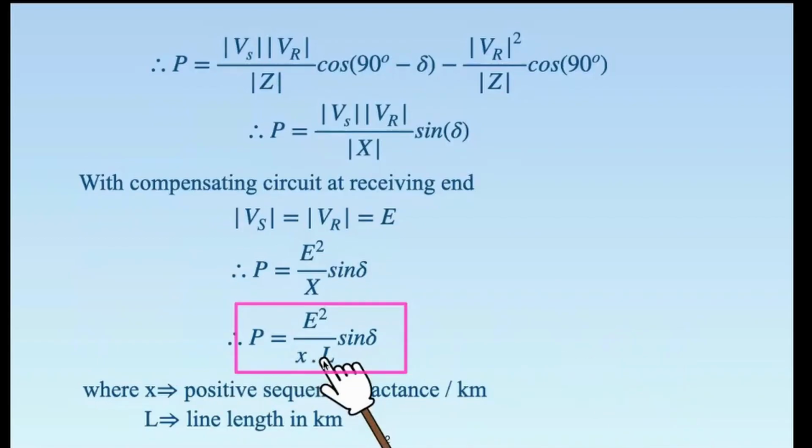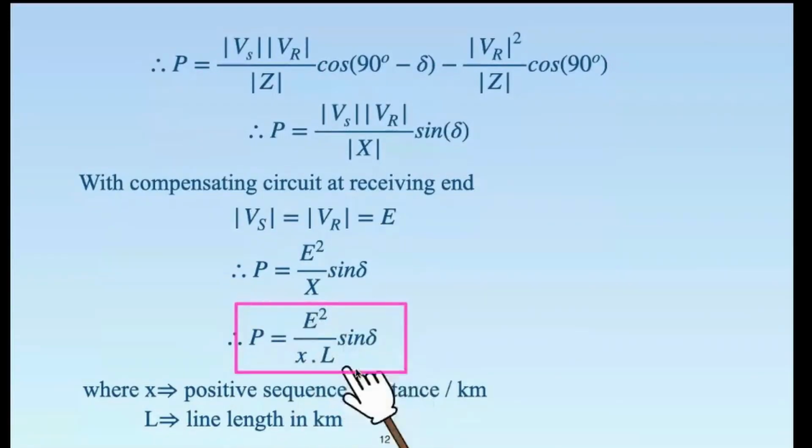So if distance is doubled, the power available at the receiving end at 600 kilometer distance will be only half. It will be only half the value. If I increase the transmission distance by 3 times, power available will be 1/3. See, what is happening is that the conductors are the same, power voltage level is same, sine angle is same. But the equation suggests that transmission distance cannot be raised to any indefinite level, just keeping the voltage constant.